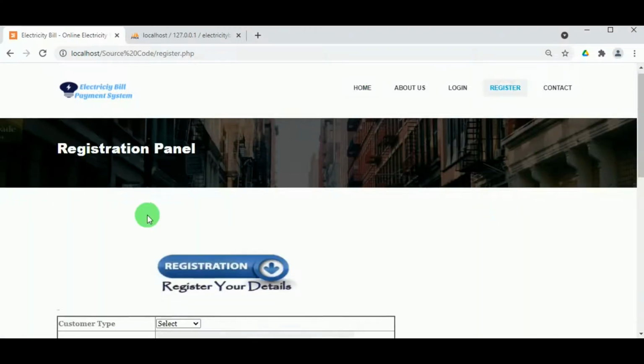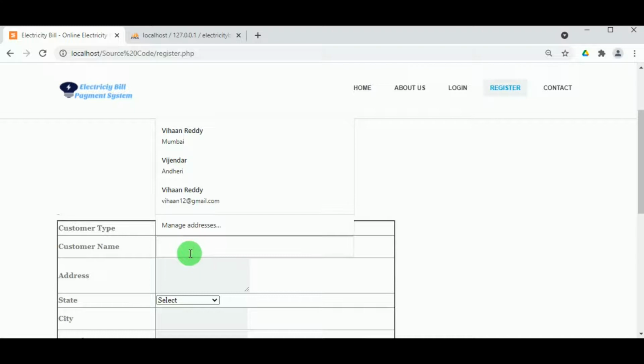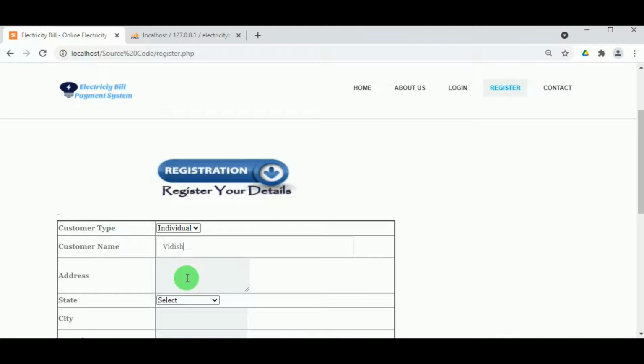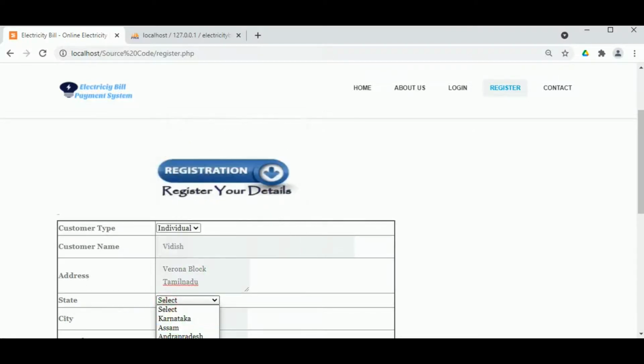Under register, the customers can register, and while registering, they must select whether they are making an individual registration or a company registration, that is corporate. For companies, the corporate registration will be done, and for individual houses, the individual registration can be done. And the customer name, the address of the customer, and the state of the customer must be selected,